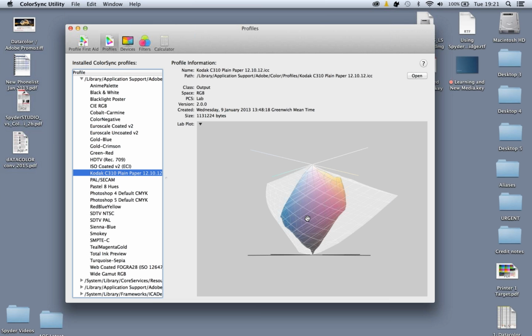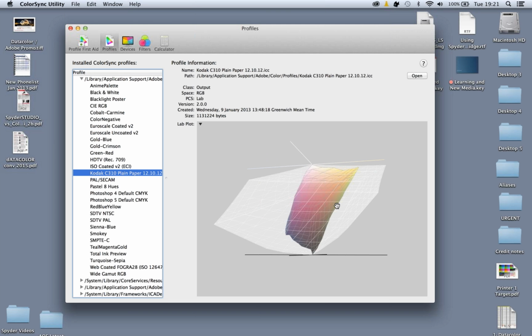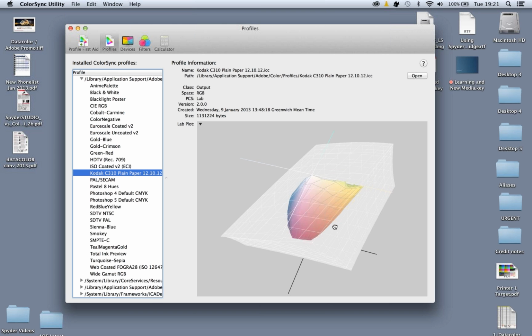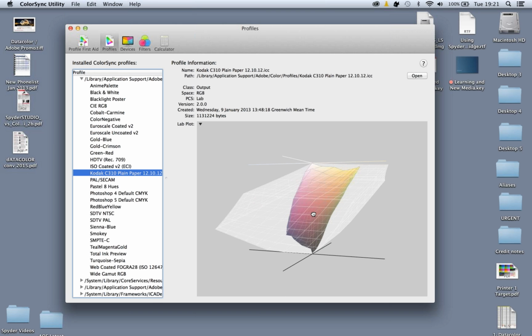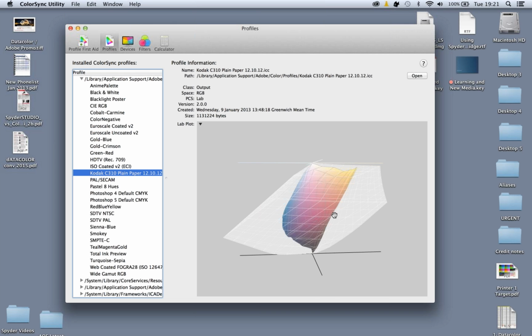Now, this is a free utility, the color sync utility. I'm going to talk to you about how you can create these profiles yourself, but if you're not printing out yourself, a lot of these profiles can just be downloaded from print companies' websites, if you're dealing with a third-party print company or an album company, and then you just need to drop those into your profiles folder and see how they're going to come out, because that gives you that chance to get ahead of the game,